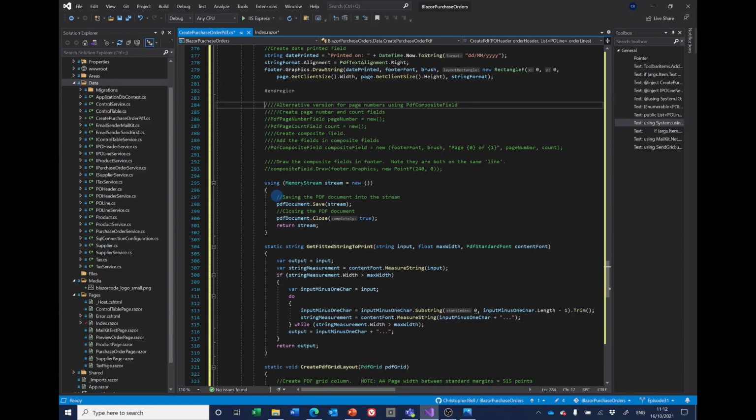So the way to save it is using the memory stream, it saves it and closes the PDF document and returns the stream. That's it. And that, if we run it,